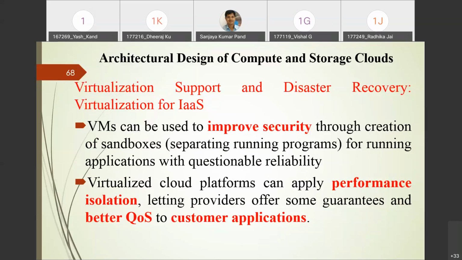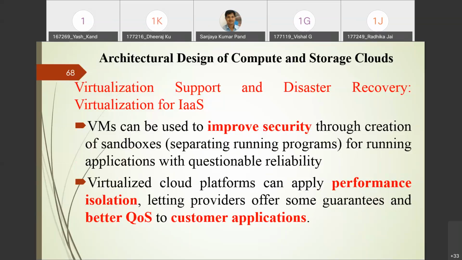Suppose on top of a single physical machine I am installing 3 virtual machines. I have to ensure that these 3 virtual machines are treated as separate ones. These 3 may belong to 3 different users. That's why they should be separated and treated as a new instance. They should not collide with each other, so that the execution of one user is not affected by another user.